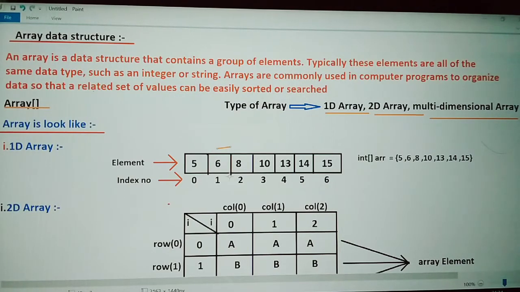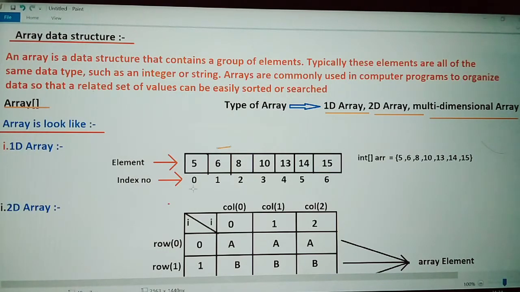Because the definition of an array is that it stores homogeneous type of data in a series or in positions. So 5, 6, 7 and A, B, C, D are not homogeneous, so that is wrong for an array. It's not about 1D or 2D, any array is wrong when you put 5 and then A, then B, C. So the 5, 6, 7, 8, 14 and 15 is how an array looks like.